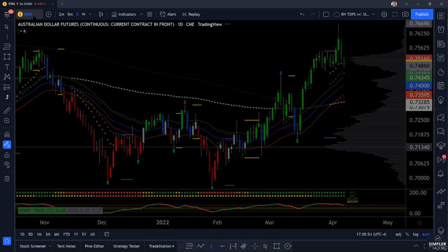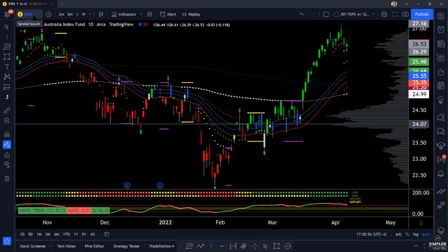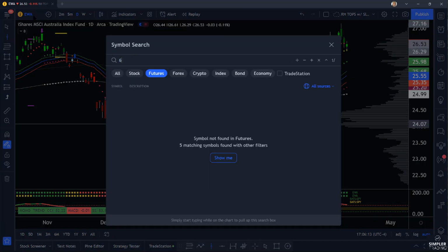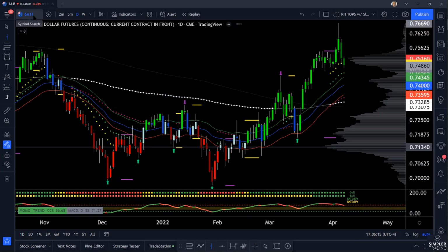And then if we take a look at the EWA, again, how do you trade the country? These are the MSCI, that's the company that puts them together, iShares. So now we've got this EWA that's buy the dippable, right? Is that a word? It is now. We have the 6A, also double green, buy the dippable.